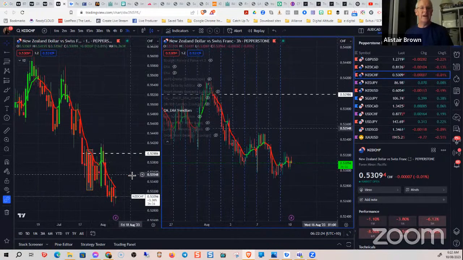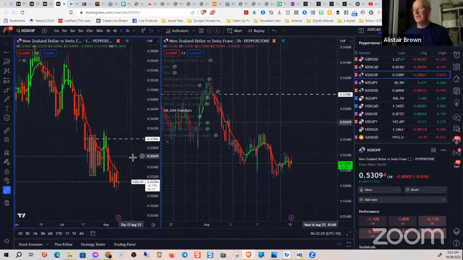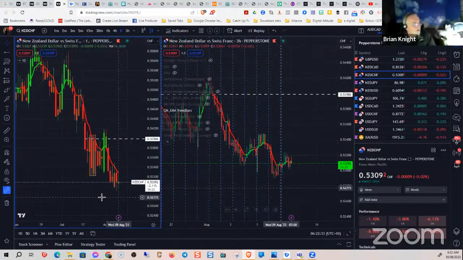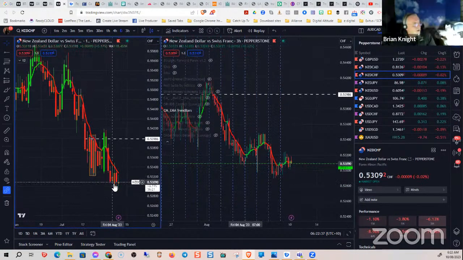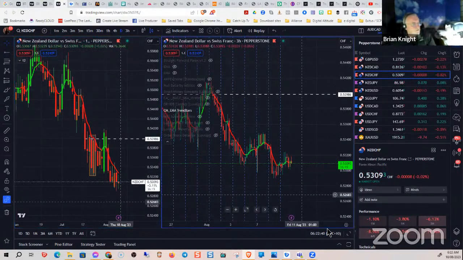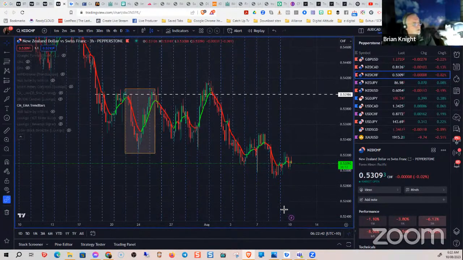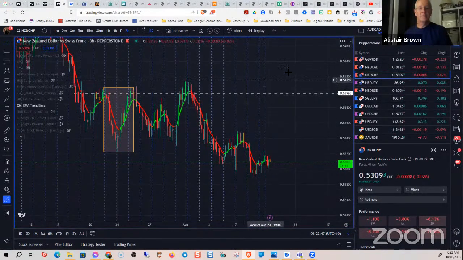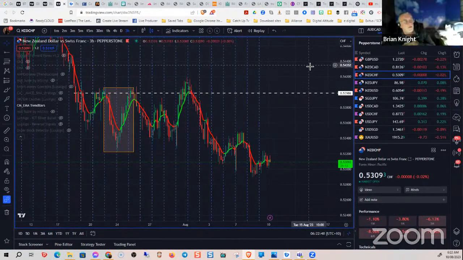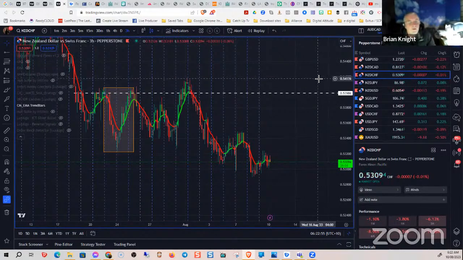That's the one that's back down to that 20 low today. Yeah, that's what you were saying, Alistair. Yeah, low. Correct. But it doesn't mean it won't go further. No, it doesn't. It's the New Zealand dollar, so it's going low against lots of stuff, and particularly against the Swiss franc. The Swiss franc is a very strong currency overall.